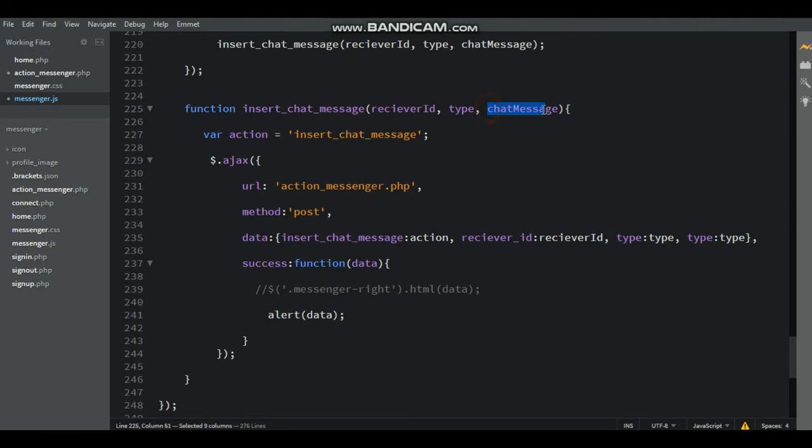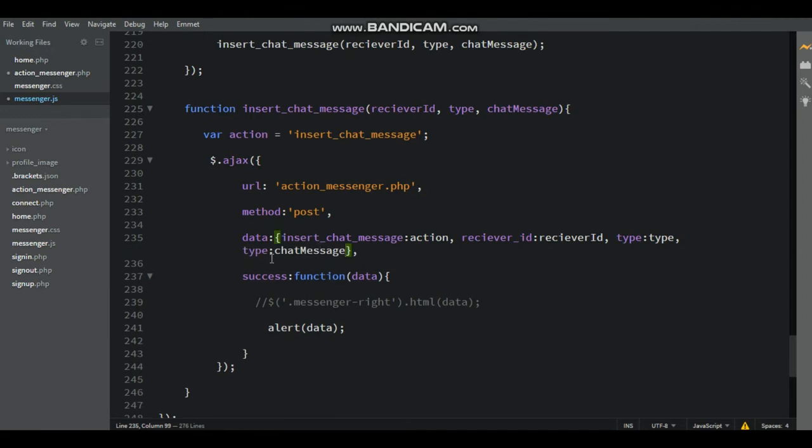Here that is sending one more data, that is chat messages. Here sending that data chat messages to the server. Here chat_messages.